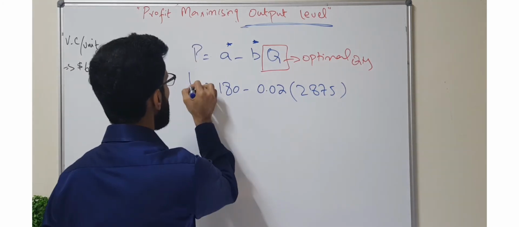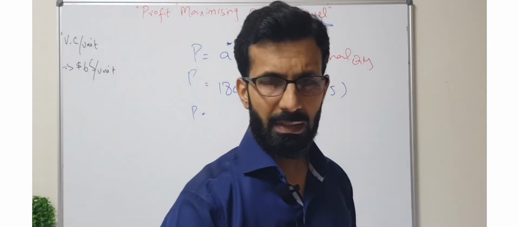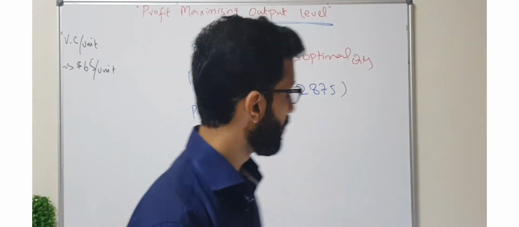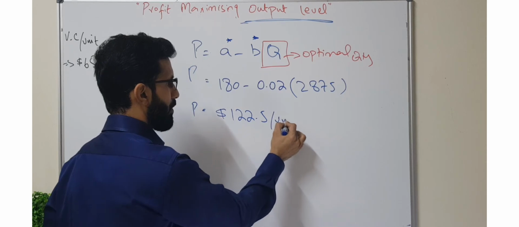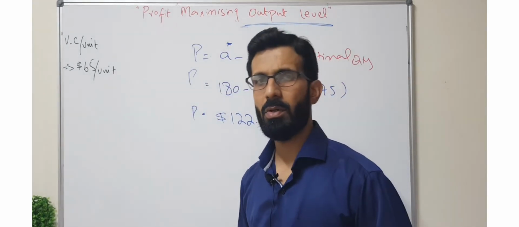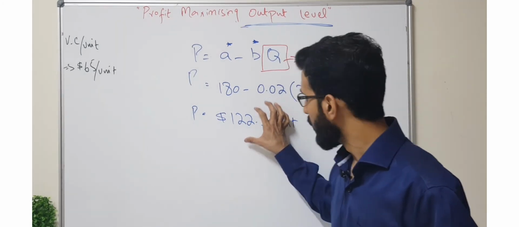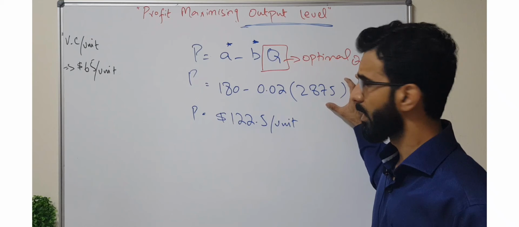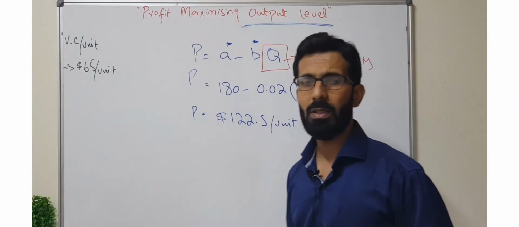So when we use it in this equation, we will be able to determine the optimal selling price, which turns out to be 122.5 per unit. So if we want to maximize our profitability, we should set a selling price of 122.5, which will be enough to attract a demand of 2875 units,